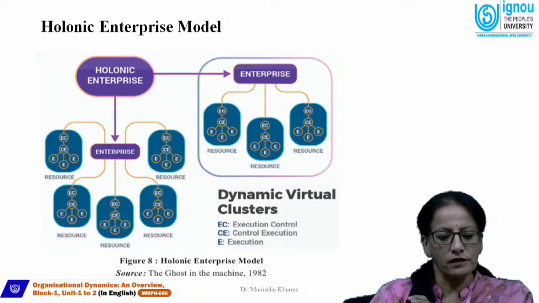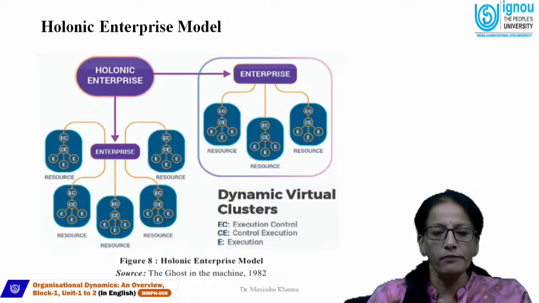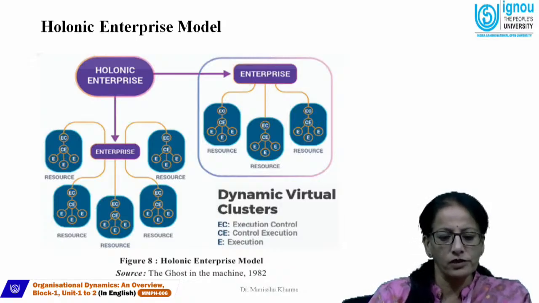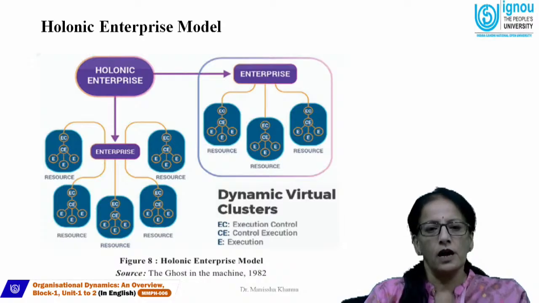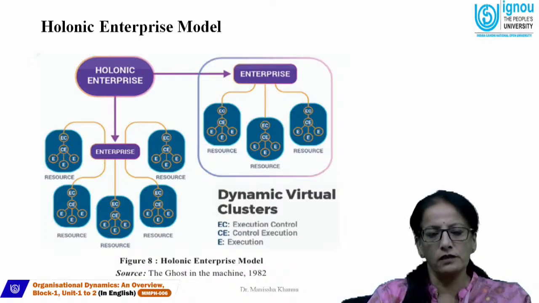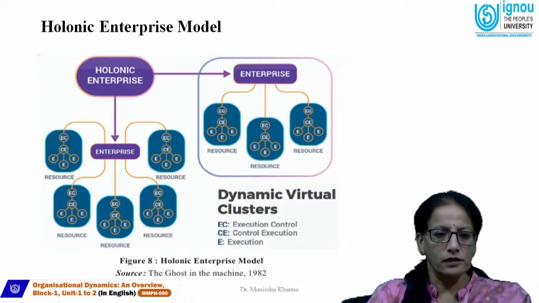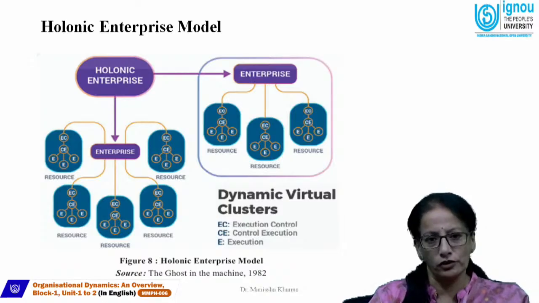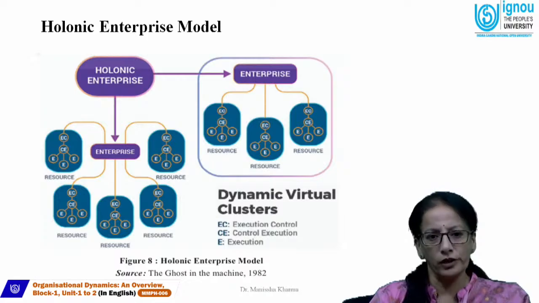Whereas when we see on a micro level, the enterprise on one particular team, where the resources are mentioned, these are the virtual clusters, and all these clusters combined make an enterprise. These clusters are driven by different teams or depend on their functional areas that overall create a Holonomic enterprise or